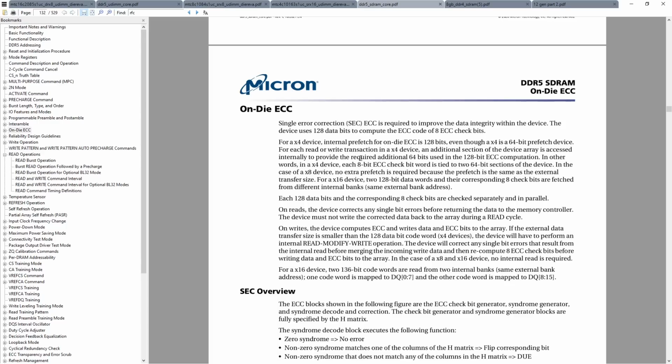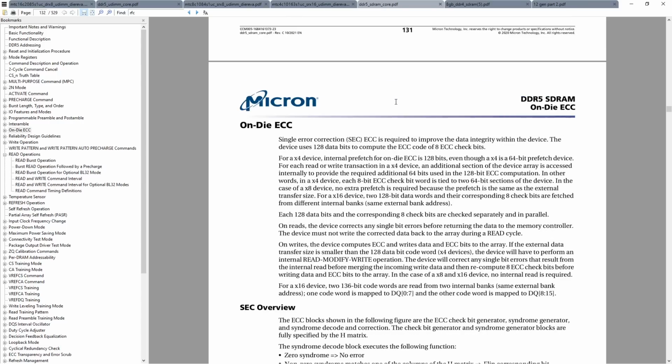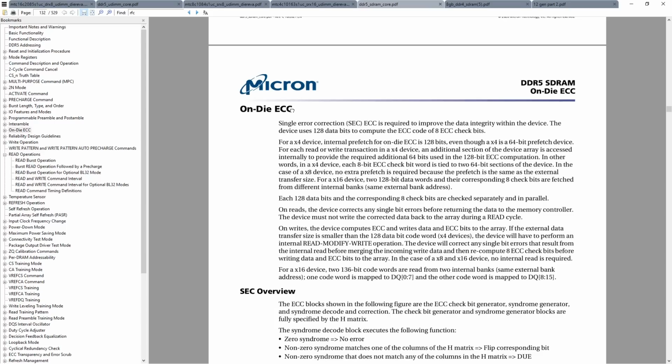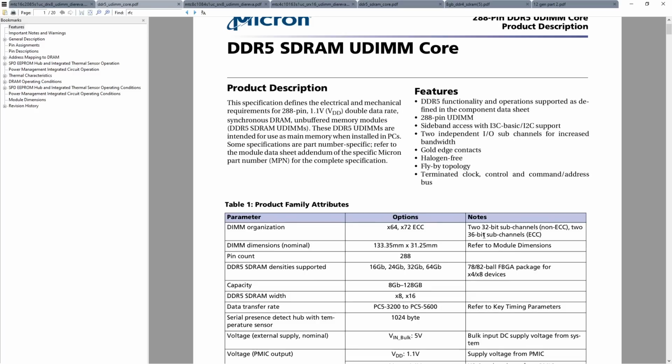It'll also potentially fix any kind of single bit errors that occur fetching the data from the memory array and getting it out of the memory chip, up to a point. So yeah, that's the on-die ECC. It'll correct some errors, right? It's not full error correction. If you want full error correction, you need to get